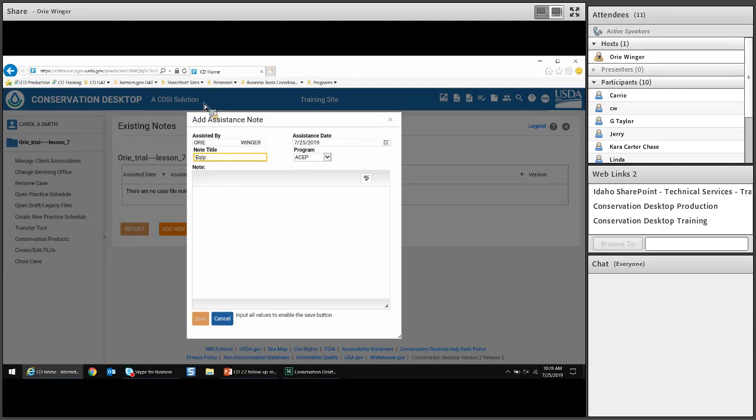We are going to go in this note title. So note title, assisted by an assistant, state and program cannot be changed once the note's been saved. It's hard to type and talk at the same time. Your program type will show up here according to your preferences if you have some of those filtered out. For now, we're just going to say